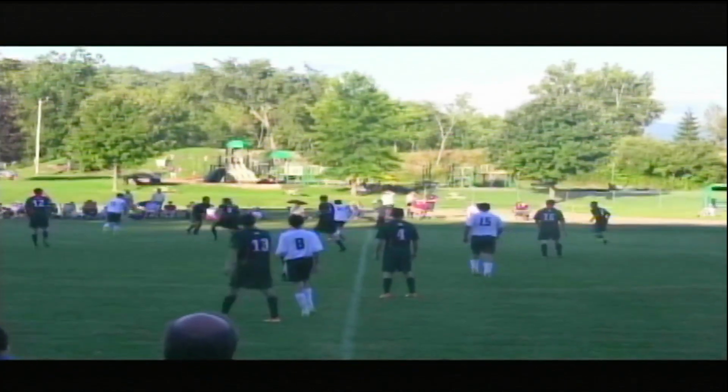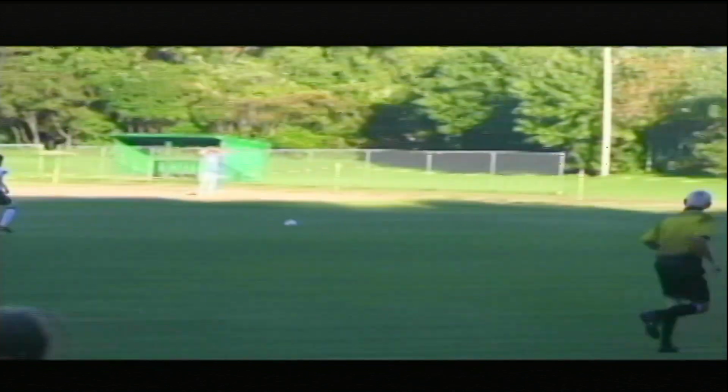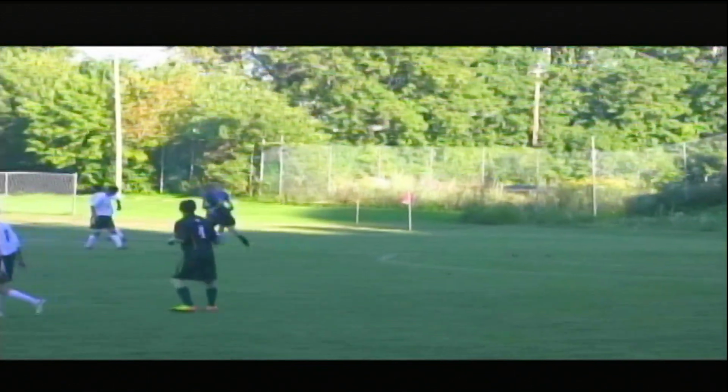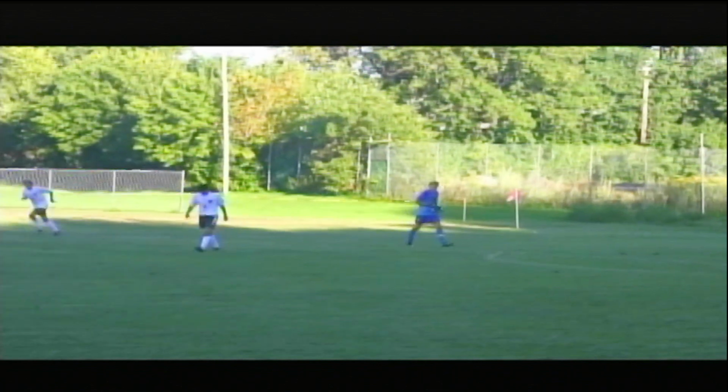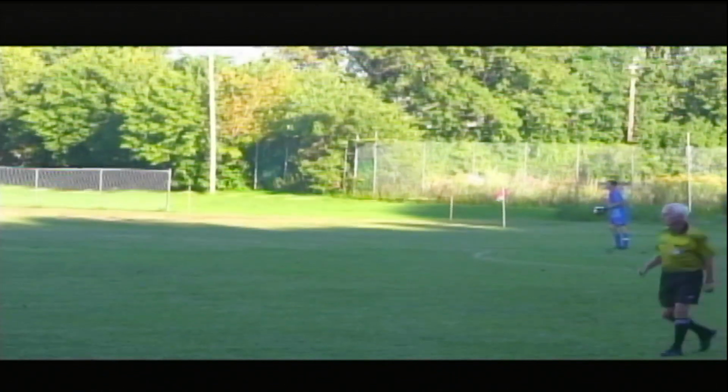Another ball served up, tired legs again. Green Mountain winning the race again. Tyler Groh, ball's played through, and Mr. Kemp is on the spot again, Kyle Kemp, who's played outstanding, comes out and retrieves the ball harmlessly. So West Rutland